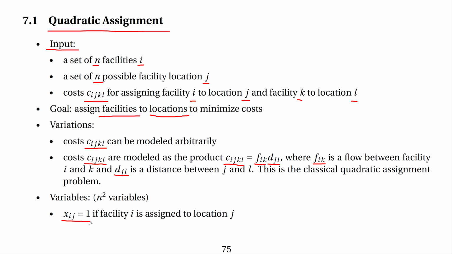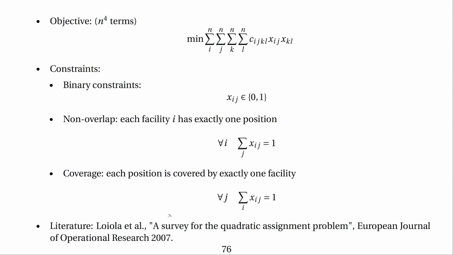As variables, we still have xij equals 1 if facility i is assigned to location j. And again, note we have n squared number of variables. The objective, however, has n to the power of 4 terms. We have to sum over all combinations of i, j, k, and l. Each of these indices has n possible choices, and we sum up this